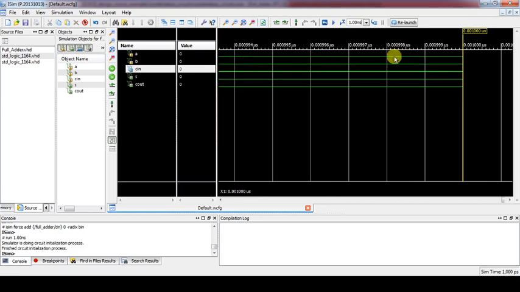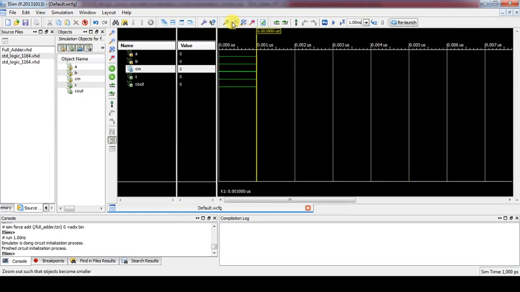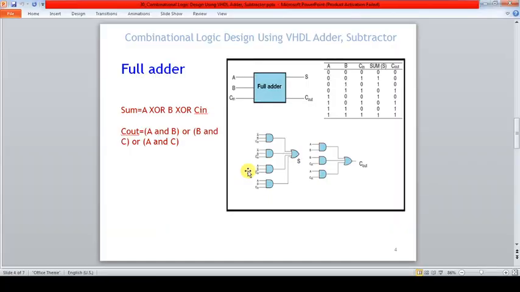This is running for 1 nanosecond, so minimize it. The radix will also change, and the indication will show in nanoseconds. Now, if A is 0, B is 0, C is 0, everything is 0 as per the truth table. When all the inputs are 0, sum and carry out are also 0.